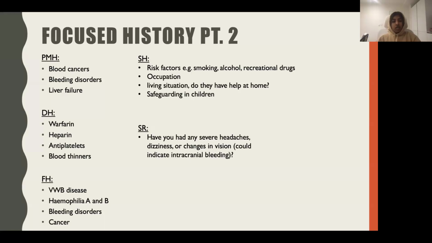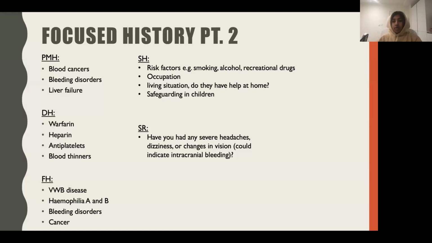Von Willebrand disease is quite common in families because it's autosomal dominant, so you will often see it in multiple generations. Hemophilia A and B have a specific inheritance pattern, which we'll go on to later. So that's really important to ask in the family history. Any bleeding disorders in the family, any history of cancer in the family, and then social history is risk factors